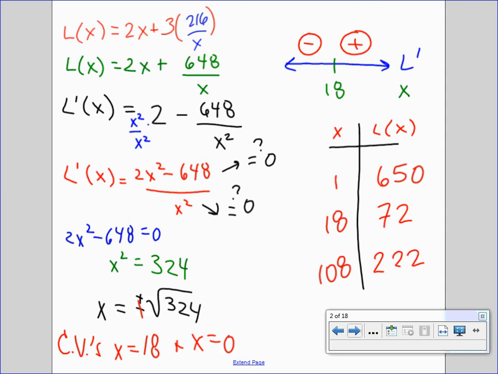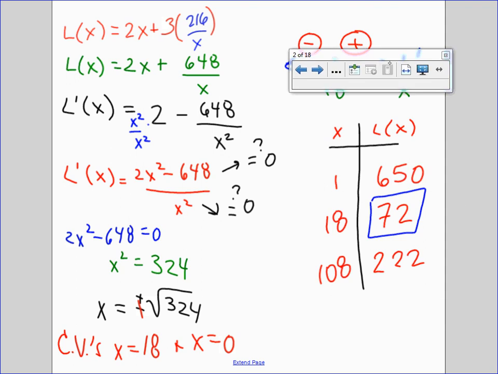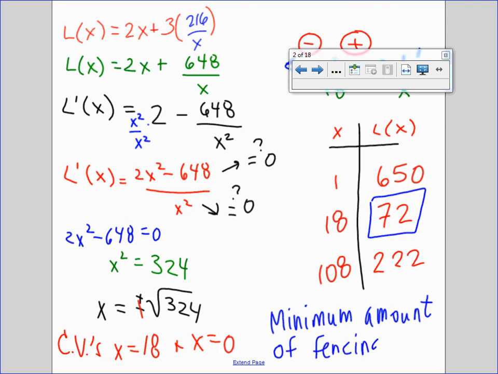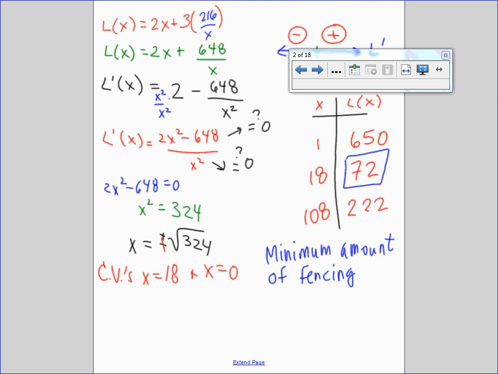So the moral of the story is what? The minimum amount of fencing required would be 72 meters in order to construct such a fence. And so the minimum amount of fencing required is